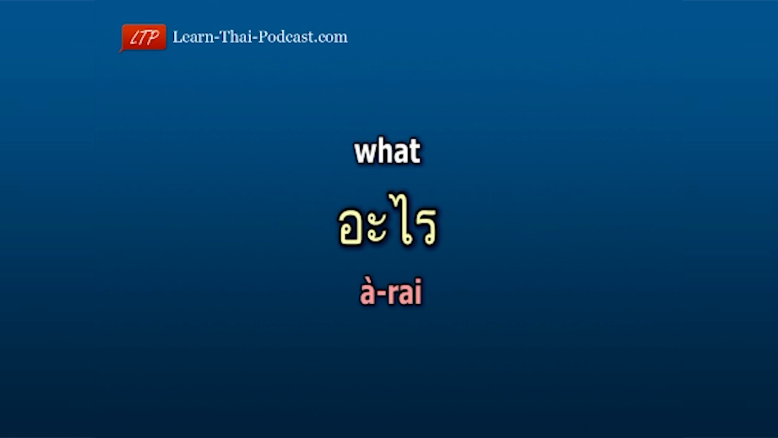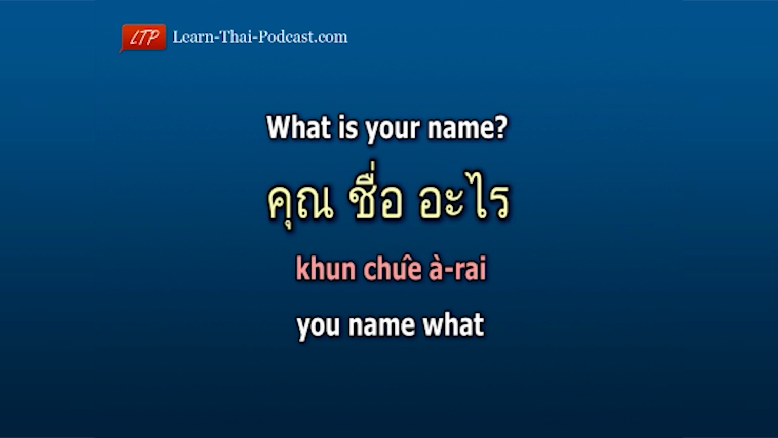The word อะไร means what. Here's an example. What is your name? คุณชื่ออะไร You คุณ, name ชื่อ, what? อะไร You name what? คุณชื่ออะไร